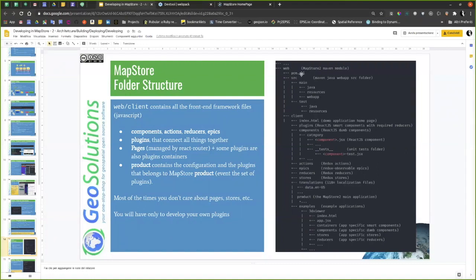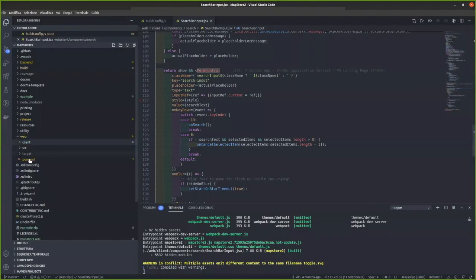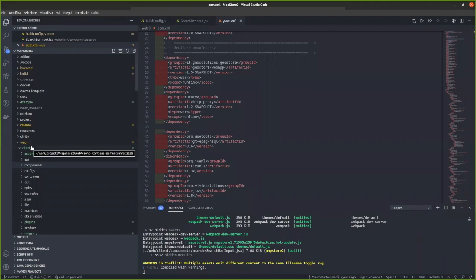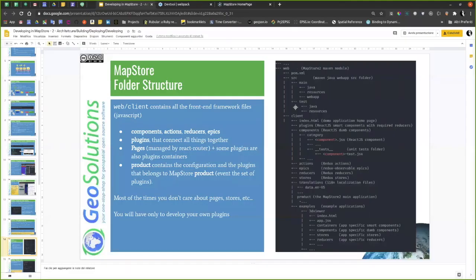The web directory contains the pom.xml, which is the Maven entry point that allows you to build the final application. And then the front-end part is in the client directory. So when you develop on the front end, you will work in the web client directory. Web instead,